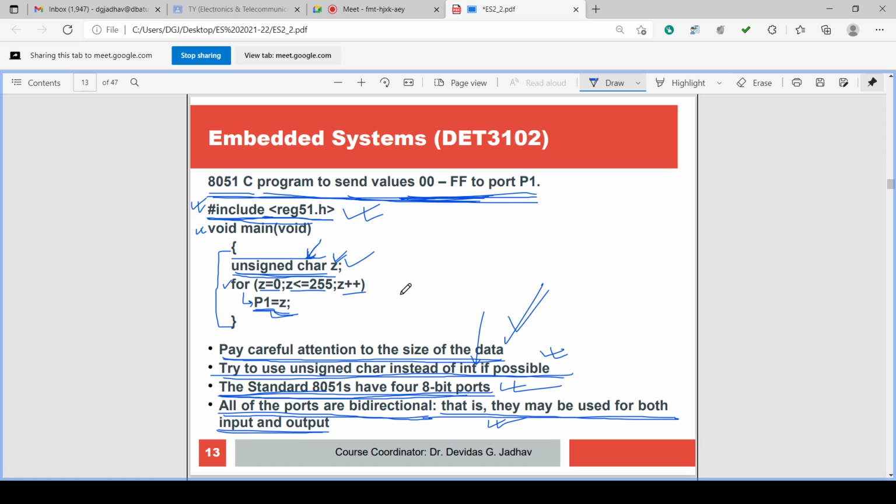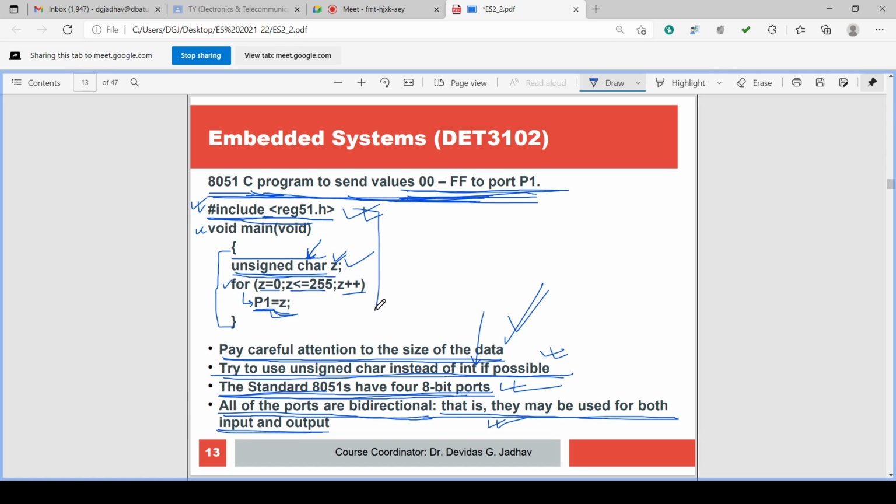So this is achieved. What is our requirement? Our requirement is that an 8051 program is to be written. Write the 8051 program to send values from 00 to FF to port P1. All the values 00 to FF are to be sent.